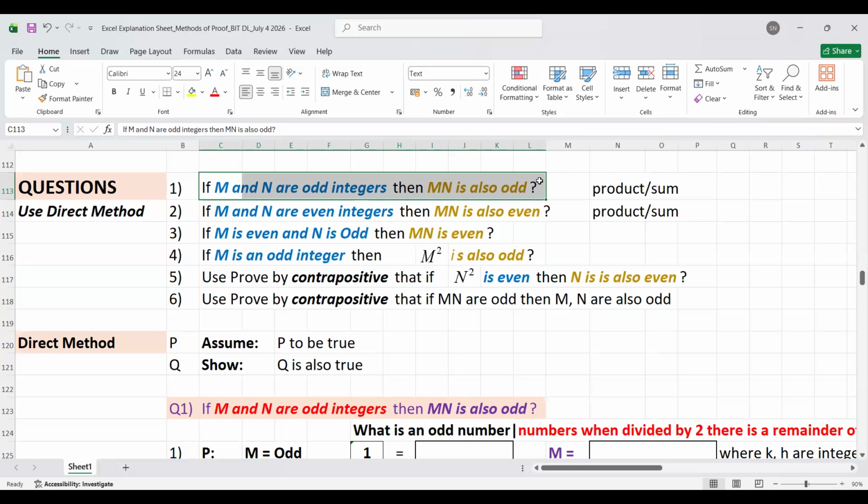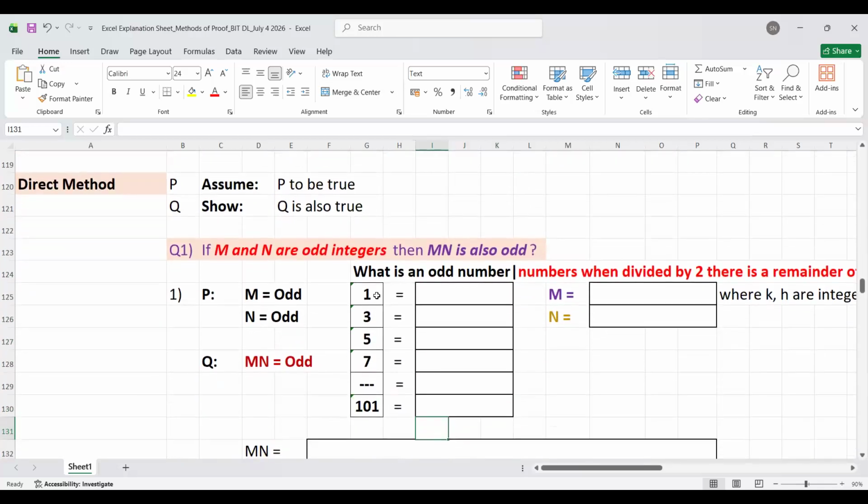But you can't pick just two specific numbers and do it. Okay, so based on the definition of an odd number, I've taken a few of them, 1, 3, 5, 7, up to 101. And you said these are numbers when divided by 2, there's a remainder of 1. So I want to look at the way these numbers look, and then generate an equation that will represent them, so that I don't need to use the number 3, the number 5,